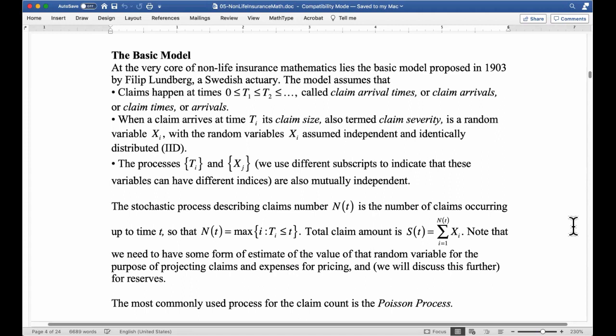At the very core of non-life insurance mathematics lies the basic model proposed in 1903 by Philip Lundberg, a Swedish actuary. The amazing thing about this model is that he produced the model and some basic estimates of the probability of insolvency of an insurance company before Lebesgue's theory of integral and measure theory. But I think it was 1904, a year later, that Henri Lebesgue developed his theory, and then around, I think, something like 1912,